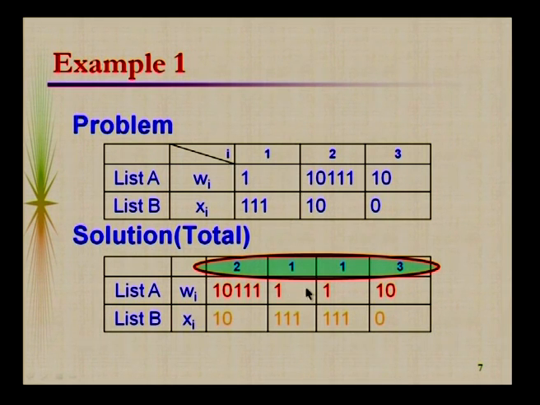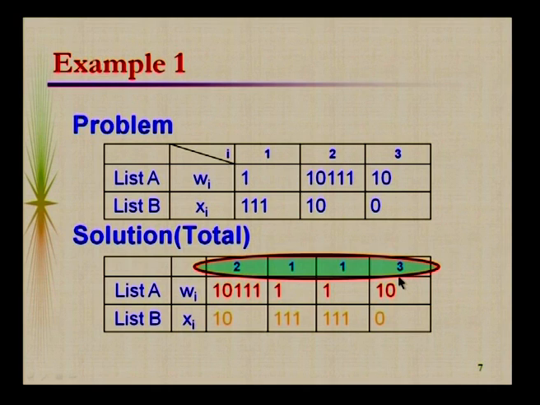So it is still a partial solution, but when you go for combining it with 3, we find a complete solution. So the solution for this problem is going to be the index sequence 2 1 1 3. So as far as this instance is concerned, we find that a solution is possible. So this problem becomes a decidable problem.